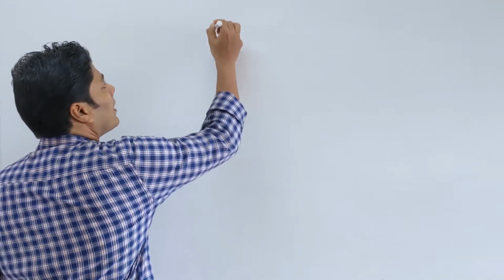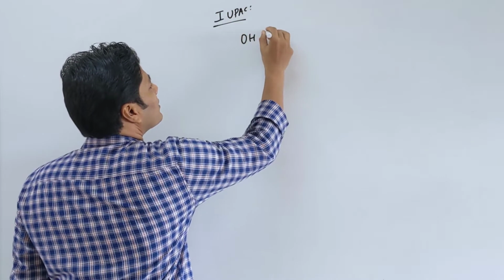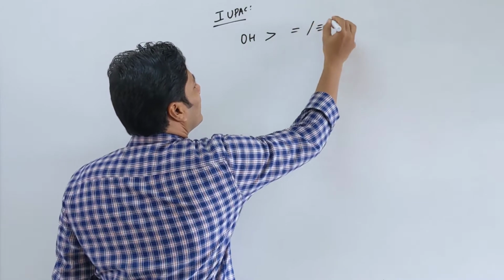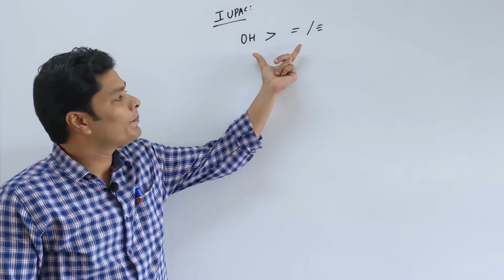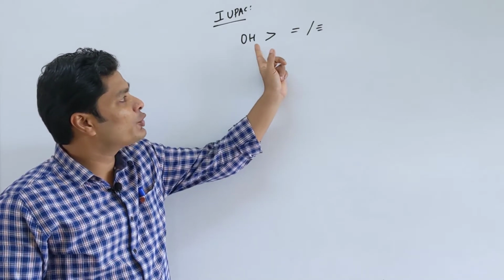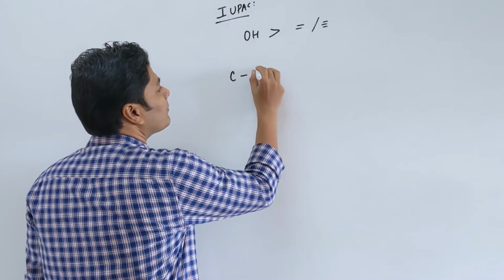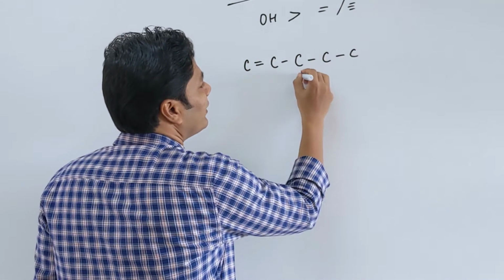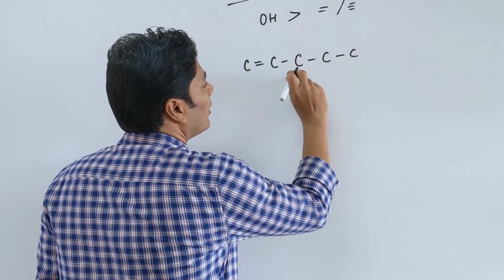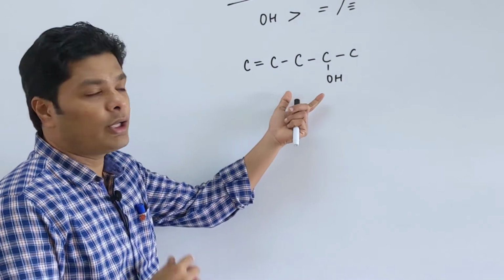Now, when it comes to alcohols, you want to remember the most important thing: alcohols win over a double bond and a triple bond, and also compared to an alkyl halide. But most important, this is the one that you are going to have in your NEET and JEE. This will come most of the time. It wins over a double and triple bond. So if there is a compound, we can take an example. Let's make it somewhere here and somewhere here. Okay. Now, if this is the example given and we have to label them according to IUPAC, the first